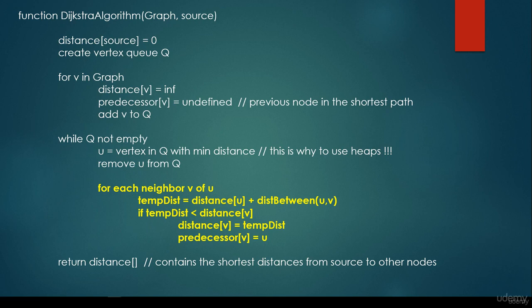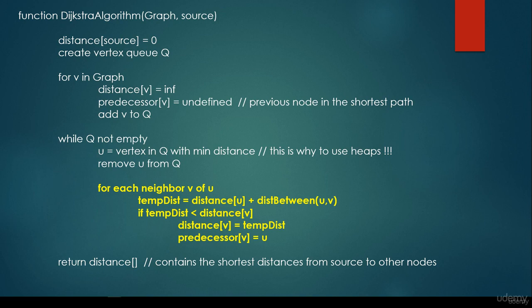So what's very important as far as Dijkstra's shortest path algorithm is concerned is that first we have to initialize the variables. We set the distances to be infinity, and we have to set the distance to the source where we are standing to be equal to null. Plus we have to construct a heap, and we have to add all the vertices of the graph to the heap. And then while the queue is not empty,